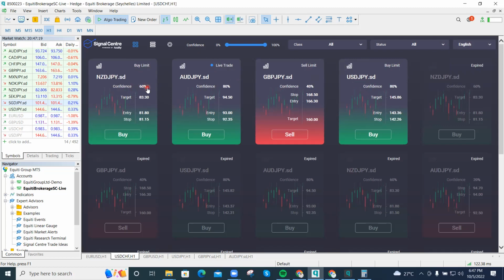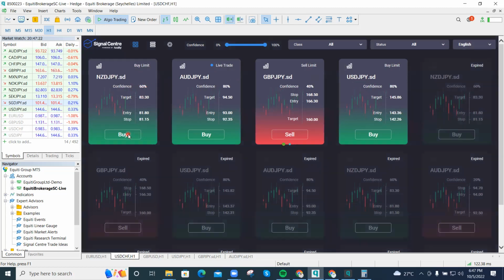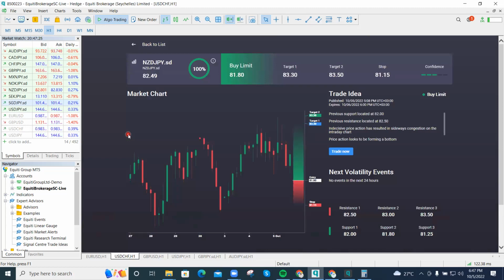This is with 60% confidence level. All I have to do is click on the buy icon there, and automatically it takes me down here where I would be able to see more features on why it is NZD JPY and why it is a buy limit. So under the trade idea here, I'll be able to see when this trade was published, okay, and I'll also see when this trade is most likely to expire, by tomorrow 6 p.m. UTC +3, right? And of course, I would be able to see the previous support levels, the previous resistance levels,